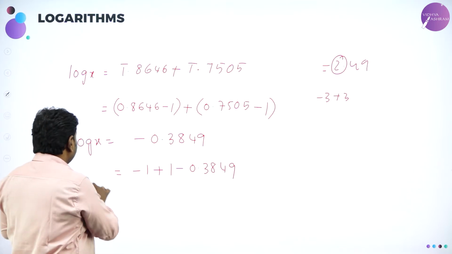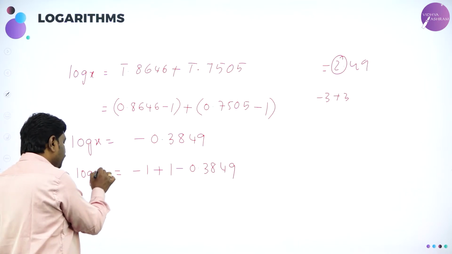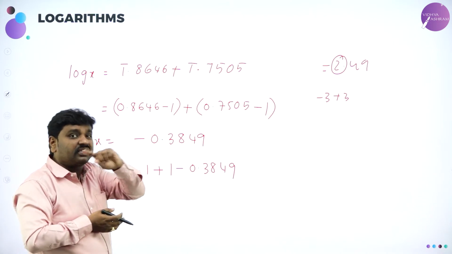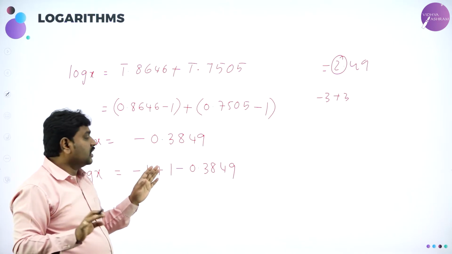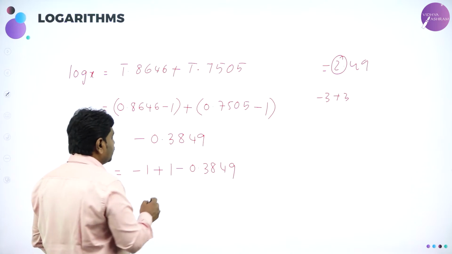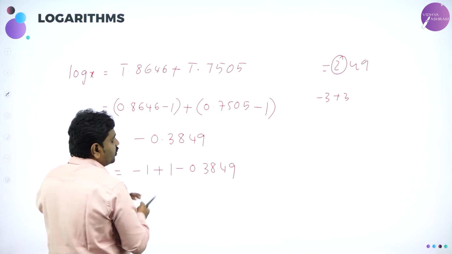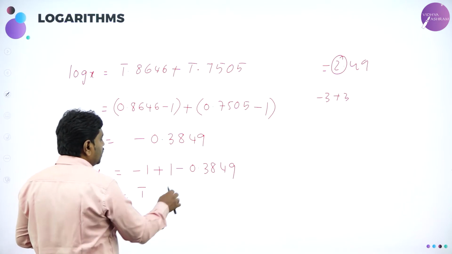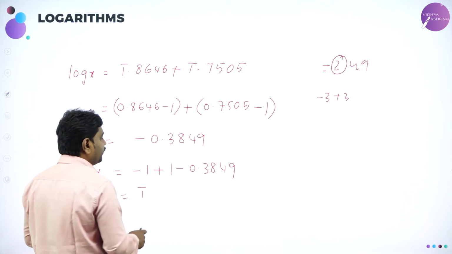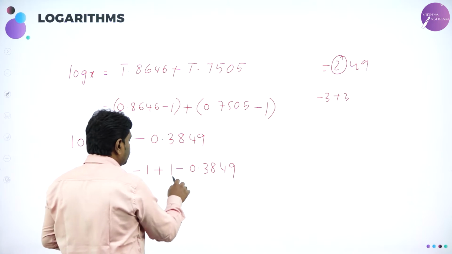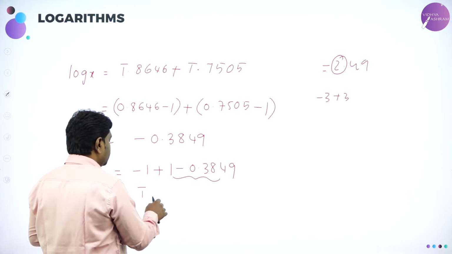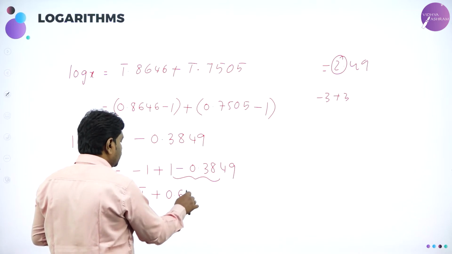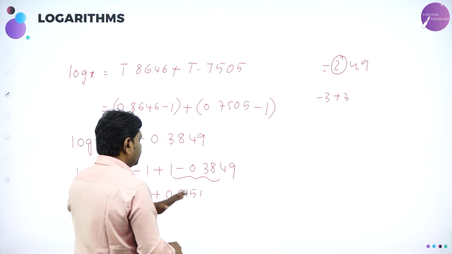This number log x, first negative should not be there. If you want to find the anti-log, you have to represent in terms of bar if it is negative. If it is not negative, no headache. Because it is negative, first I have to simplify. So minus 1 plus 1 I should add. I am adding. Now minus 1 means bar 1. And this you subtract using calculator. See now these two you can simplify. This is bar 1. So this will become plus 0.6151. Use calculator, you will get this approximately.